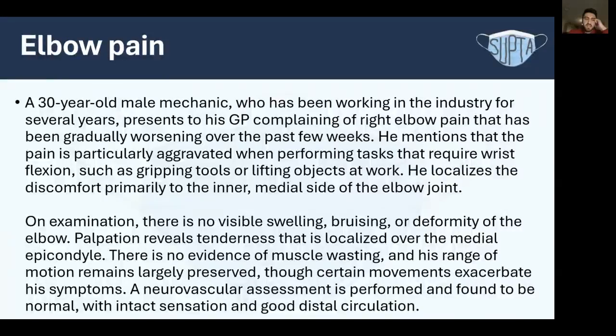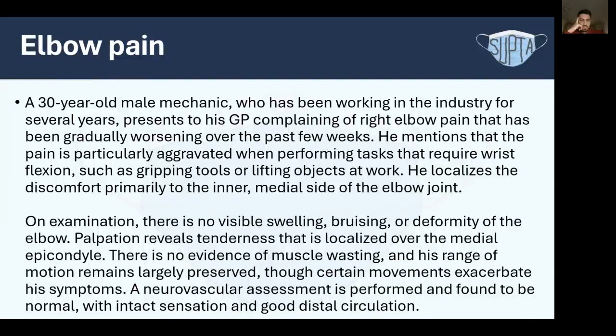He mentions that the pain is particularly aggravated when performing tasks that require wrist flexion, such as gripping tools or lifting objects at work. He localizes the discomfort primarily to the inner medial side of the elbow joint. On examination, there is no visible swelling, bruising, or deformity of the elbow. Palpation reveals tenderness that is localized over the medial epicondyle. There is no evidence of muscle wasting, and his range of motion remains largely preserved, though certain movements exacerbate his